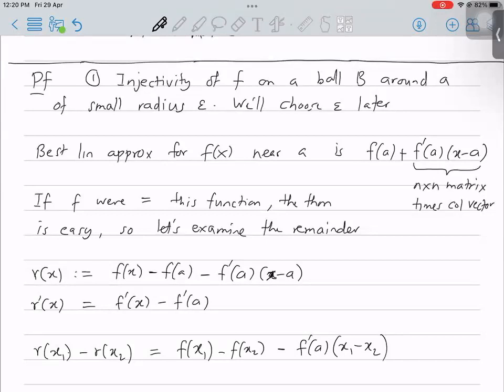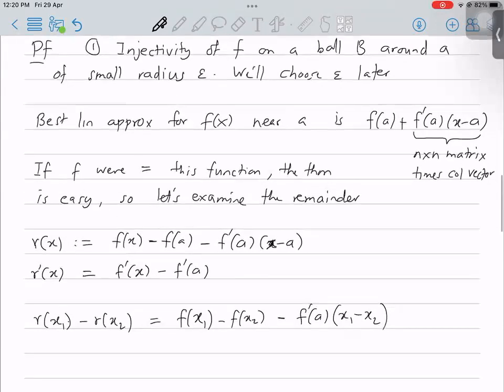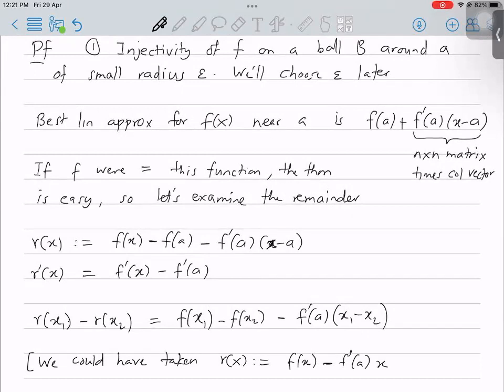So we could have taken, instead of this r, as an aside, f of x minus f prime of a times x. This above difference would have been the same. So this is just an aside. But now here is the kind of